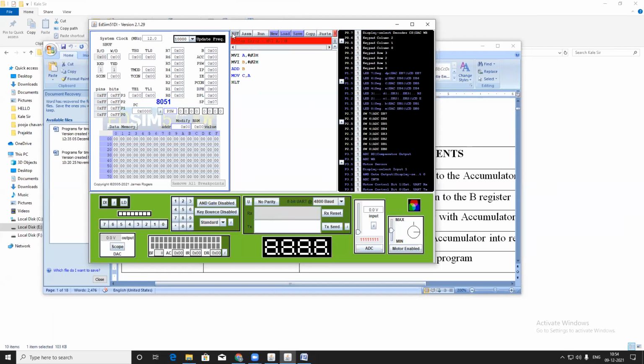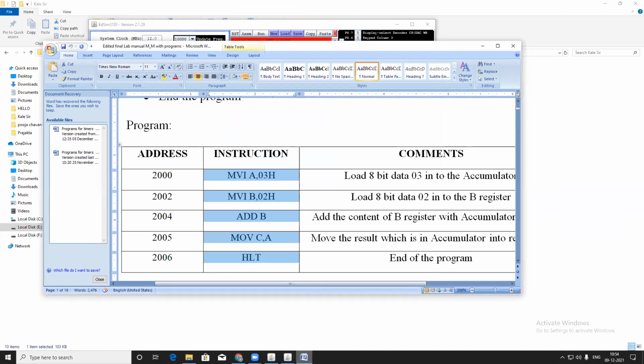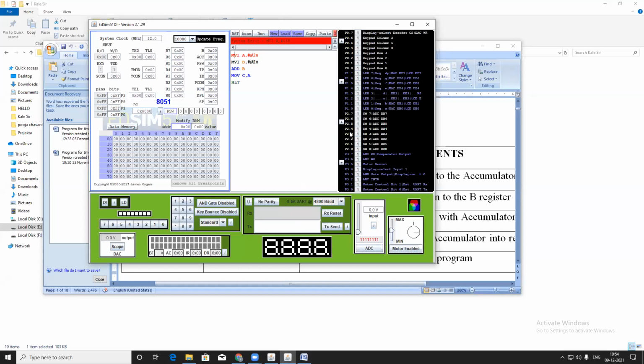Then reset, then assemble the program. C comma A.